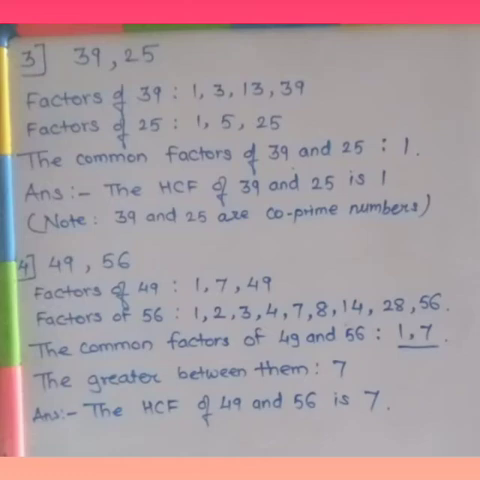Factors of 49: 1, 7, 49. Factors of 56: 1, 2, 4, 7, 8, 14, 28 and 56. The common factors of 49 and 56: 1 and 7. The greater between them is 7. So therefore, the highest common factor of 49 and 56 is 7. Fifth,